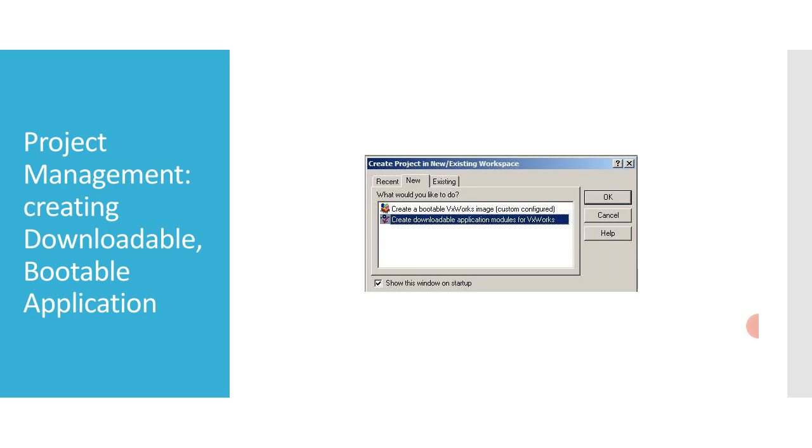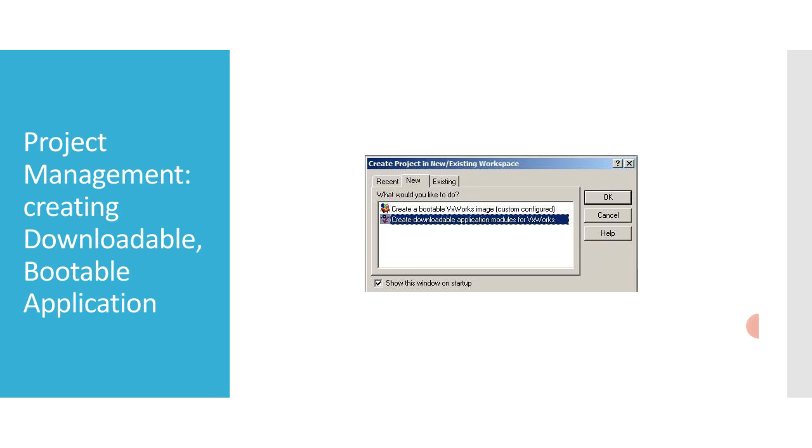So coming back to the bootable application, it consists of an application linked to a VxWorks image, including and excluding components of the OS, as well as resetting operating system parameters to configure the VxWorks image. A bootable application starts when the target is booted.